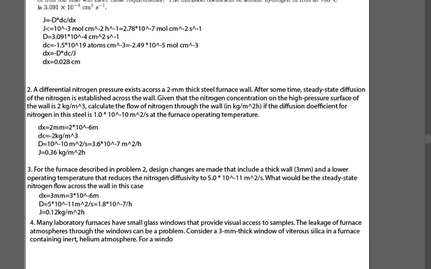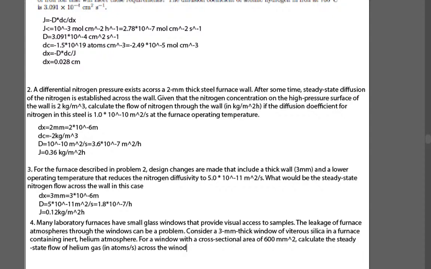For a window with a cross-sectional area of 600 millimeters squared, calculate the steady state flow of helium gas in atoms per second